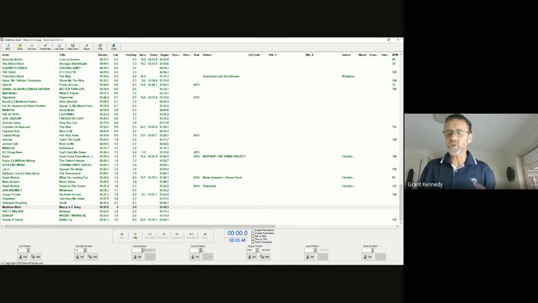Now you can go into something like Adobe Audition or Audacity and physically chop the song to the right length if you want to, but station players can also handle that for you if you want to set an outro position on the song. I think it's outro, but don't quote me on that. I need to double check whether it's the outro or the segue position. But there are a number of songs we use.